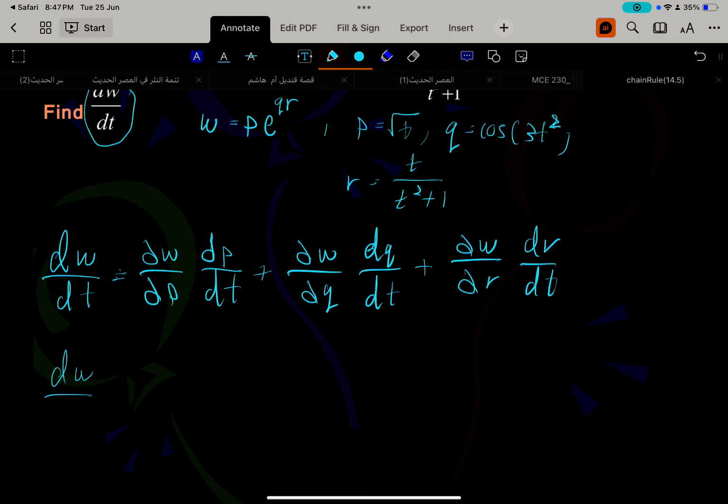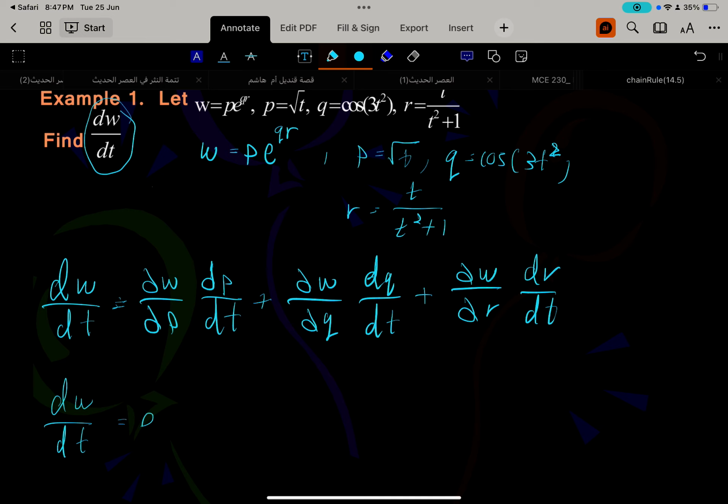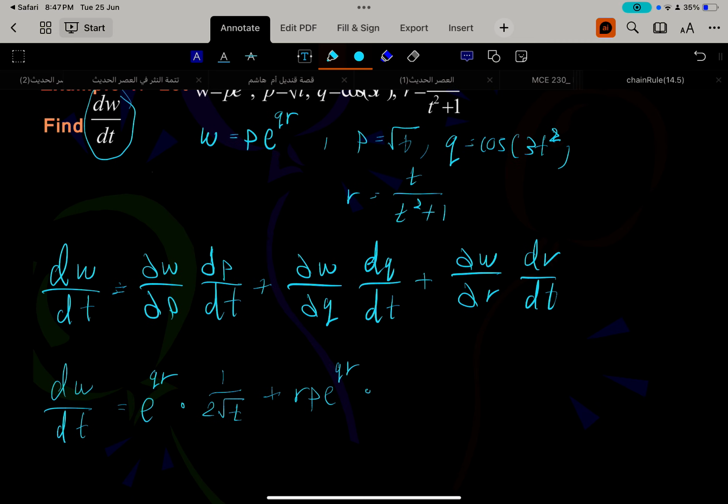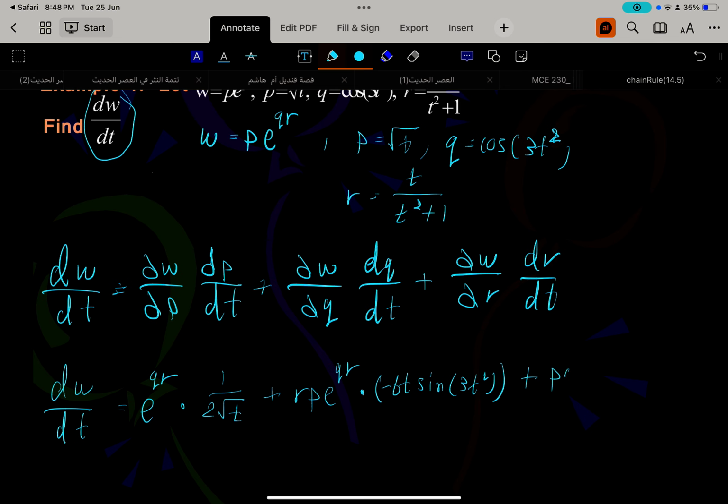For dw over dt, the partial derivative with respect to p is e to the qr, multiplied by dp with respect to t, 1 over 2 square root of t, plus the partial derivative of w with respect to q, which is rp e to the qr, taking every other variable constant, multiplied by dq with respect to t, which is minus 6t, minus 6t sine of 3t squared, and then with respect to r, pq e to the qr,